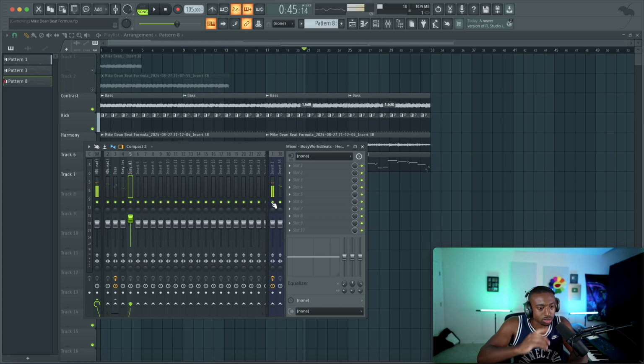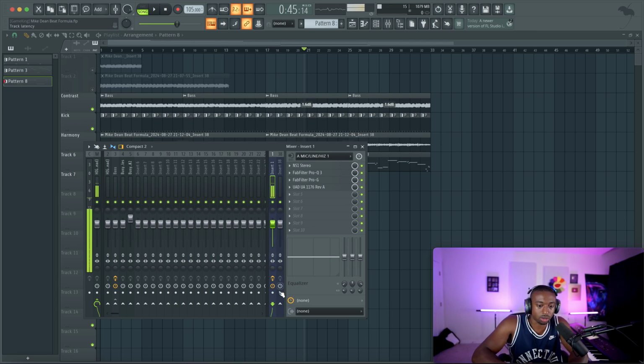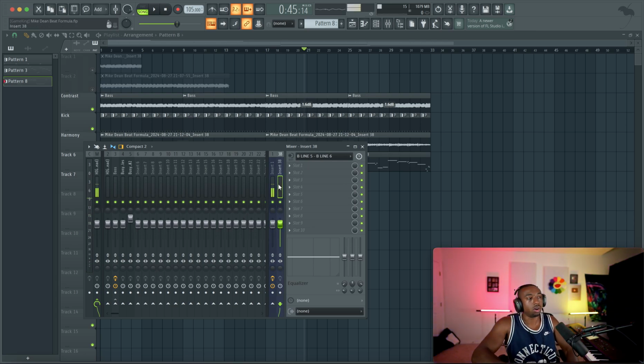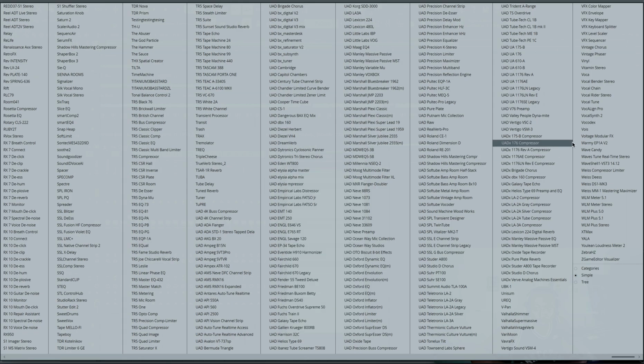I think one other instrument he did use was a vocoder. The only thing is, I'm trying to remember how that would even work in FL. I don't know my scales off the top of my head like that. But basically you would have to route your mic to your audio input, I believe, and then run Vocodex. I think that's the FL version. Let me see if this even remotely works.